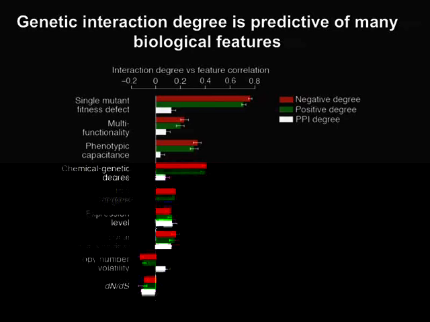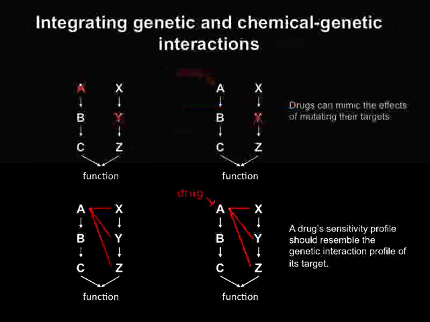And one important consequence of these findings is that organisms that don't have easy genetics right now can benefit: in those organisms, these properties can be used to predict genetic interaction hubs. So if we have the sequence of a particular genome, we can probably try to predict what kind of genetic system it will have. One last application that we used our genetic data for is